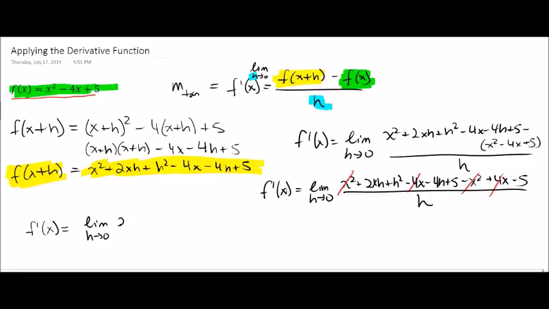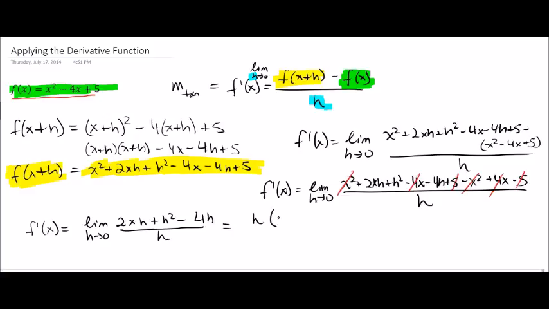So we've got the limit as h approaches 0 of 2xh plus h squared minus 4h. Looks like we've got a plus 5 and a minus 5 here that'll also add to 0. And all of that over h. Now, we're going to talk about why we've been able to eliminate all of these terms in a moment, but you should now recognize